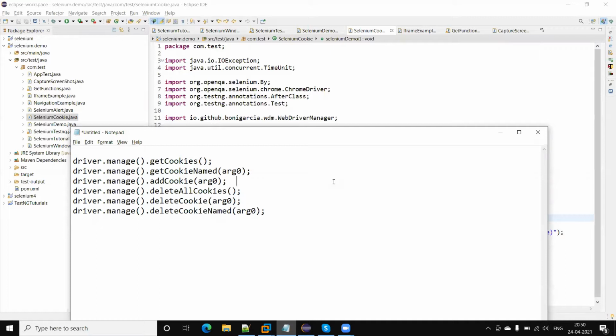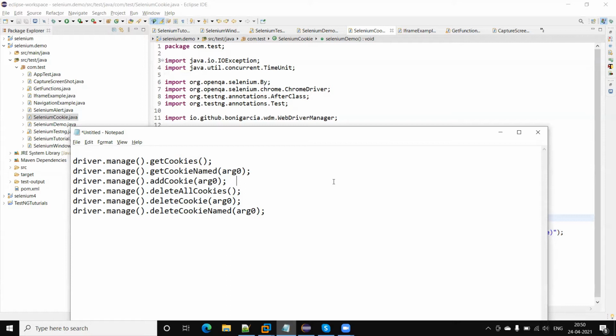Okay, so first of all, what is a cookie? Basically, a cookie is a small piece of information which is stored on the client side in our system. Any application stores information in our system, and when we revisit the website, it sends the same information back to the server. Suppose we are logging into our application, at that time it will also store the session in the cookies, which helps the server recognize our request.